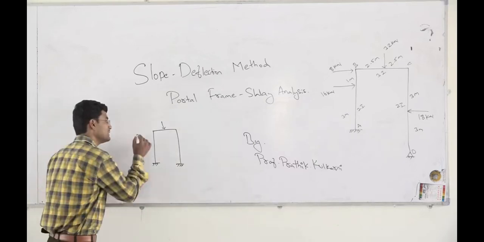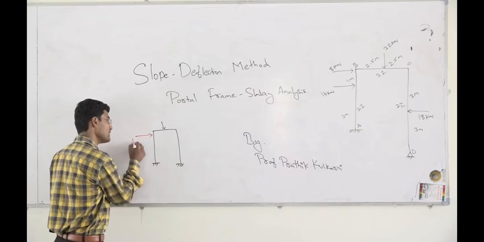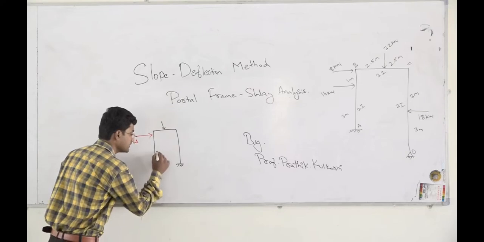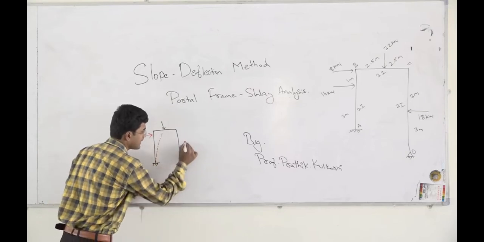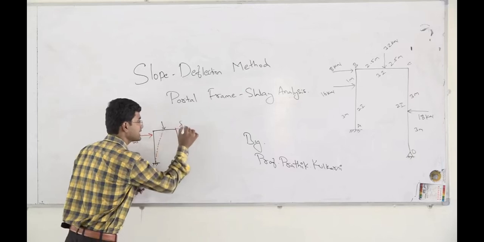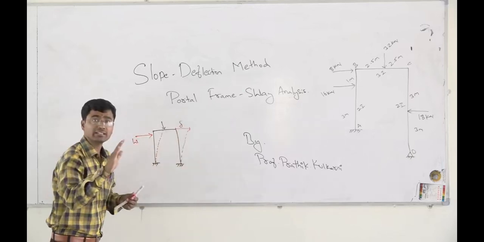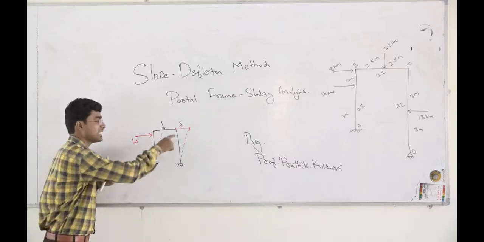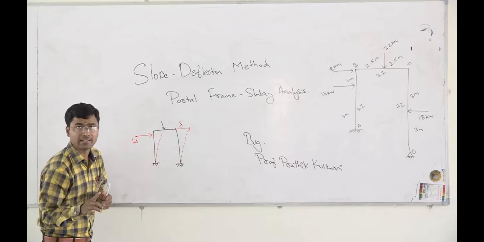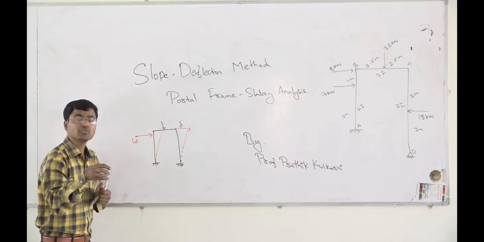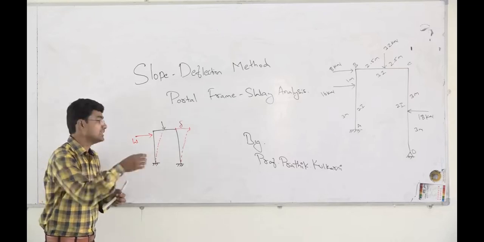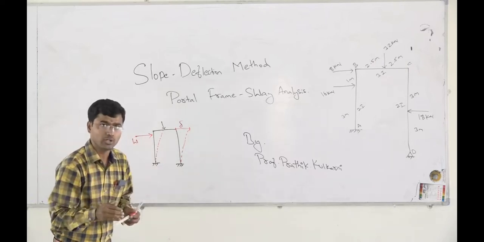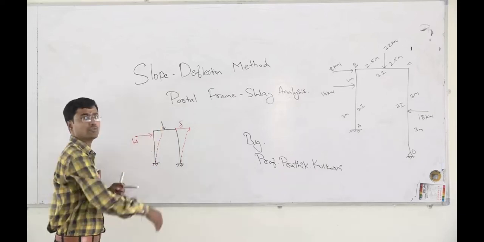Now, let us take an example that whenever we have a force like this, let us take a W force. When W force occurs, this beam tries to deflect like this. This deflection is nothing but a delta. When it deflects due to this loading W, this type of frame we call a sway frame. Non-sway frames are those which don't have horizontal forces; they have only vertical forces acting on them.